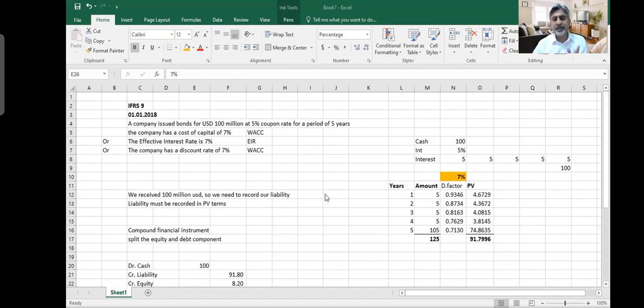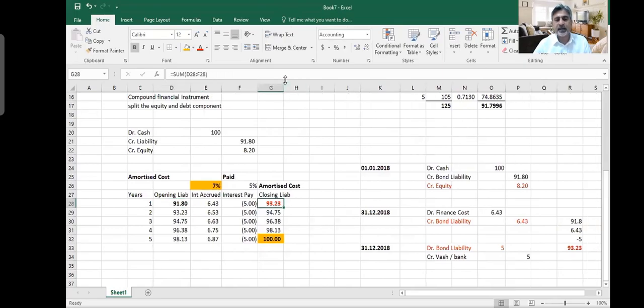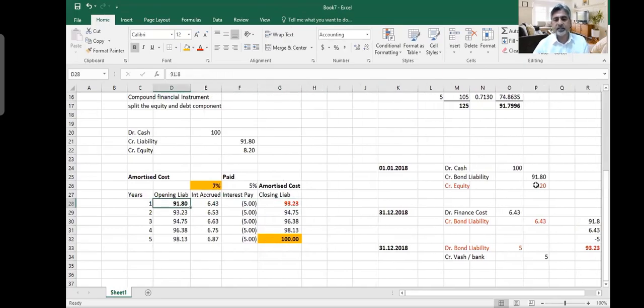And you should remember that liability is increasing. Now, if you see, this is my opening liability. At the beginning of year 1, liability was 91. End of year 1, liability was 93. Opening liability, this one, 91. Closing liability is 93. Liability will change and it will be converted to 100, so that at the end of